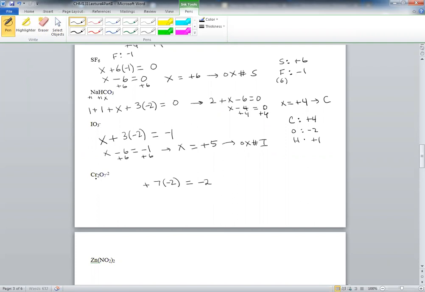But be careful, we have 2x now because we have 2 chromium atoms. Notice the 2 right there. So that's 2x. So it's going to be 2x minus 14. 7 times 2 is 14. Plus 14. Again, I'm going through very, very simple math. This is not calculus. Very, very simple math. So 2x